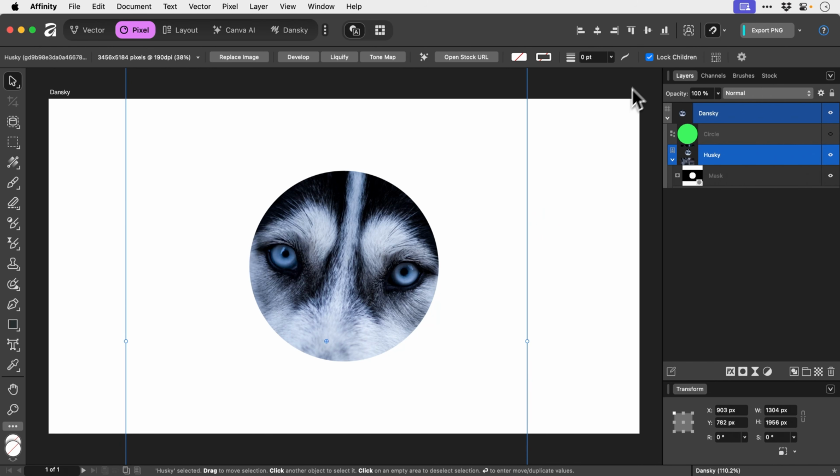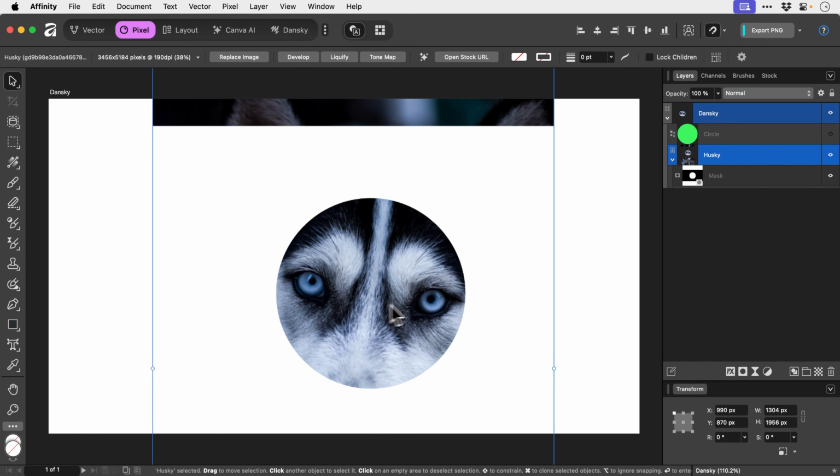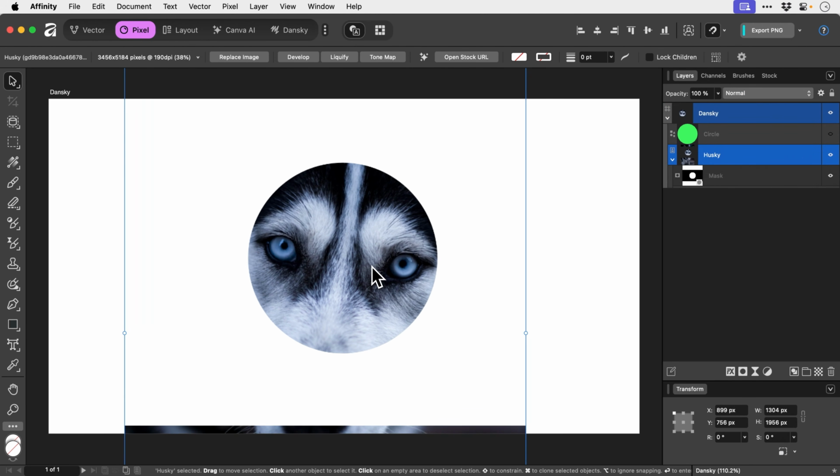And then if I go and check Lock Children again, what I can do now is then move this around and you can see the layer and the mask once